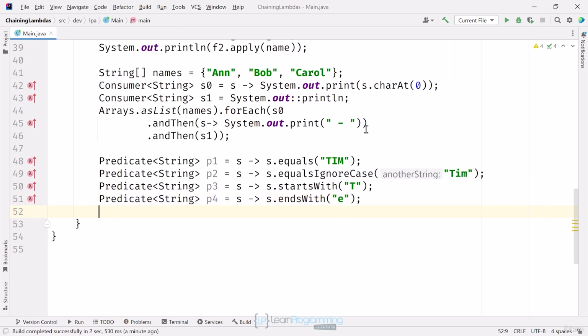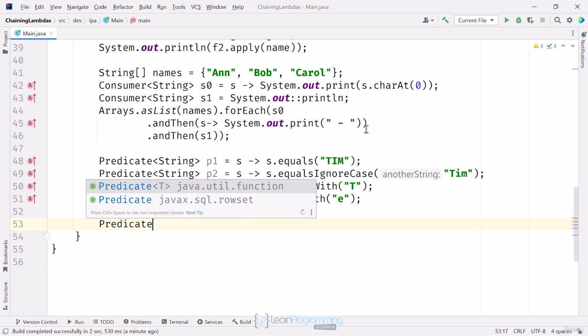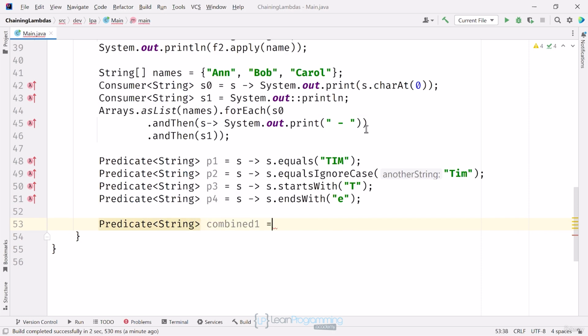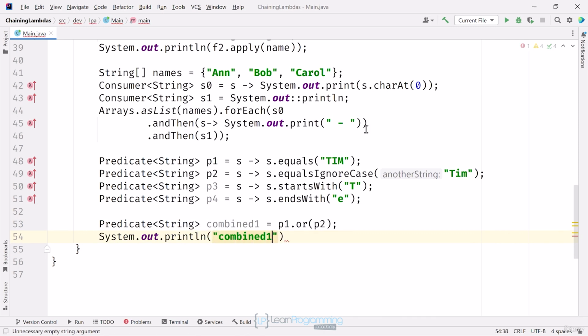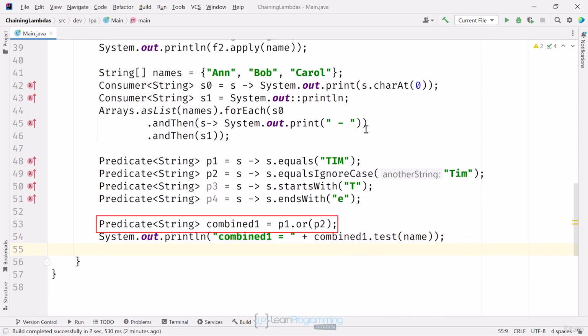Now, I want to set up a combined predicate using the or method, and I can do this by calling that method on one predicate variable and passing it another. I'll call this new variable combined1 and assign it p1.or, passing p2, and print it out. Here, this code will test if either of the predicates p1 or p2 is true and return true if either is true. Running this code now,